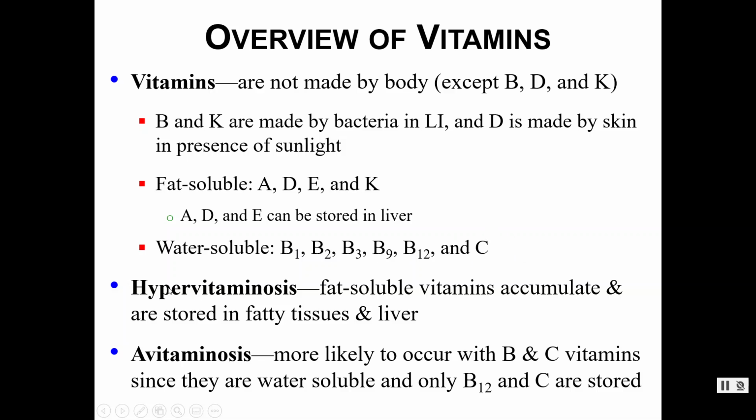You can overdo it on vitamins, or you can underdo it on vitamins. Hypervitaminosis: you can accumulate too many fat-soluble vitamins. Remember, we just said we store these in the liver. You can over-accumulate these, and that can cause problems. But you can also underdo it. Most likely, you would suffer from a deficiency of a water-soluble vitamin, so a B vitamin or a C vitamin, because a lot of these